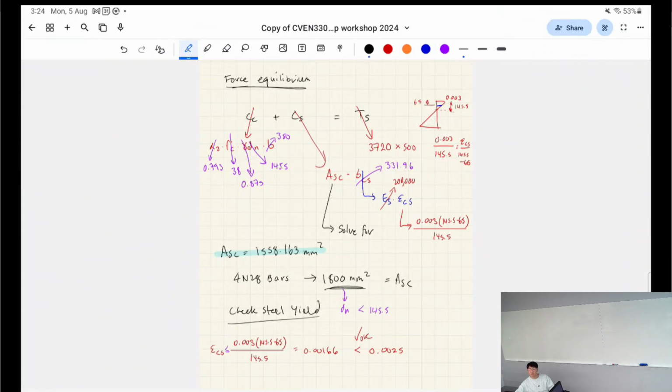For this last bit, for the force equilibrium bit, are we finding for Asc? Yeah, it's asking for how much compressive bar area would you add in. Oh, at the top. And you're finding this because the k value was bigger than 0.3? Yeah, the k value was like 0.41 something. And then it was like, okay, but now we want to add in enough compressive bar to shift the neutral axis enough up and make that k value lower,